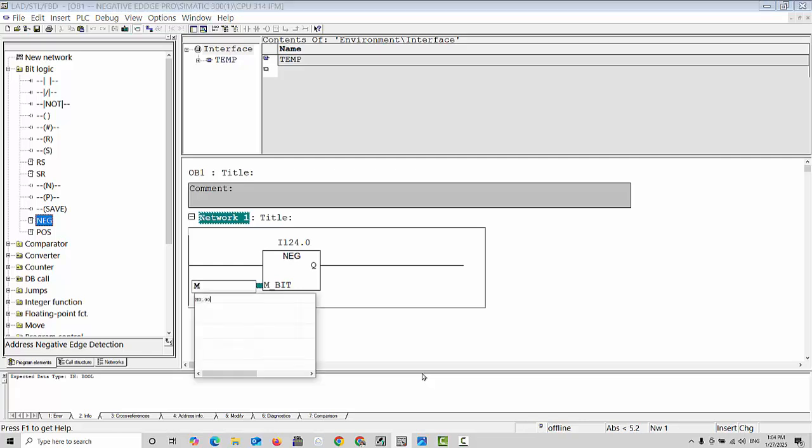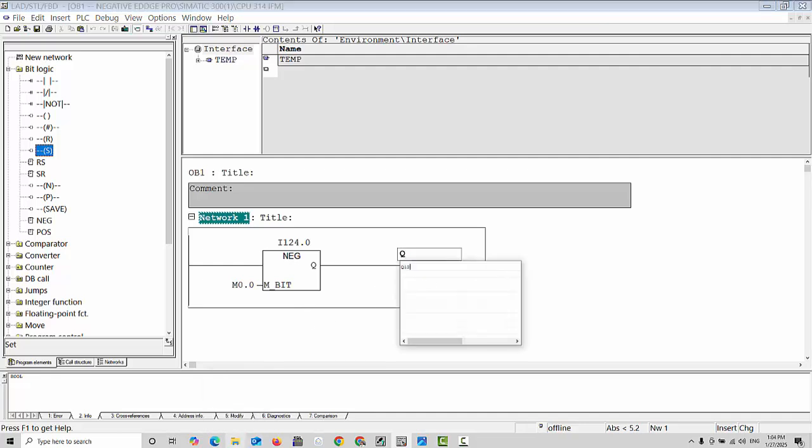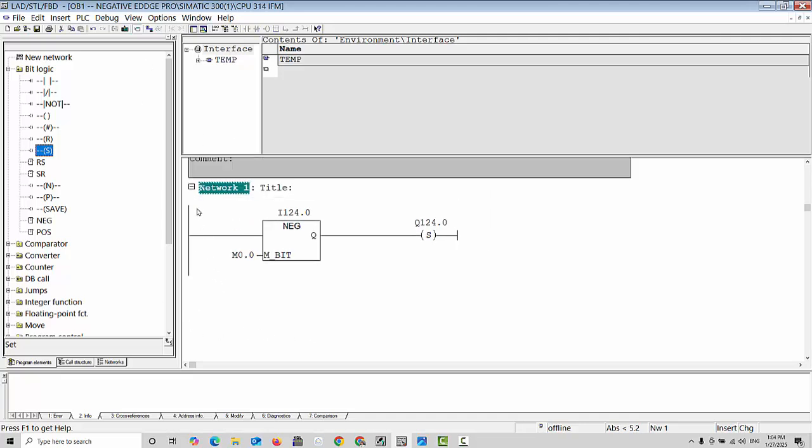For example, M0.0 you can give, and here which output you would like to make for the edge detection. I will make it a set, because if I give just a coil, we can't see it, because this gives just the edge only. So the output we will also take Q124.0. First is our input, and in the next network